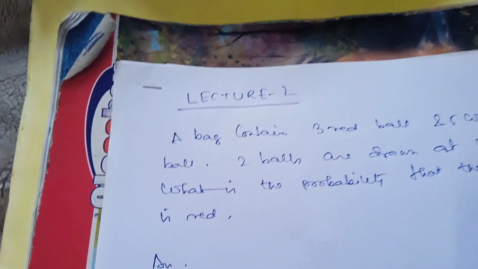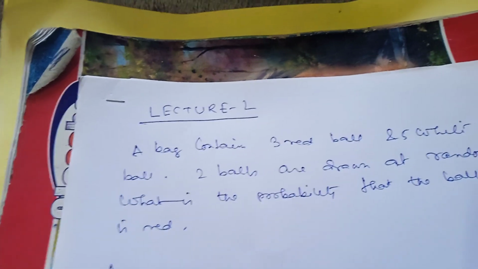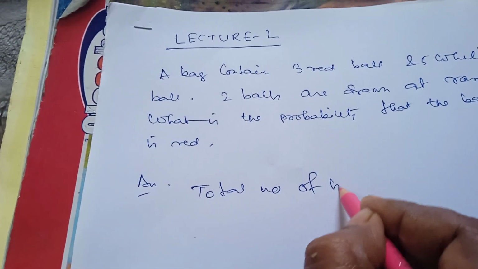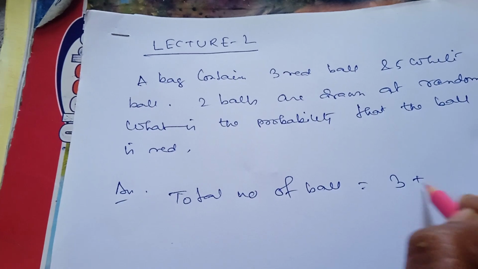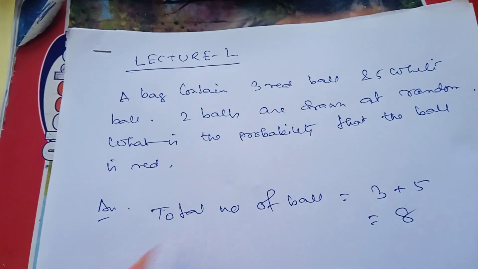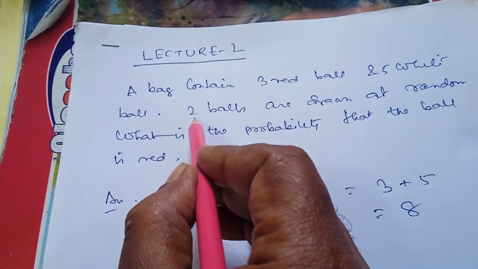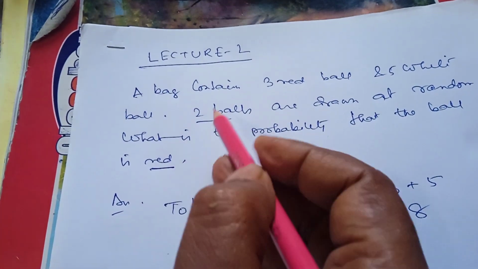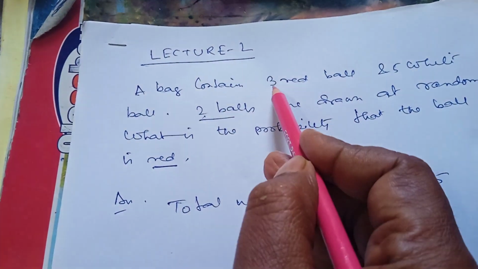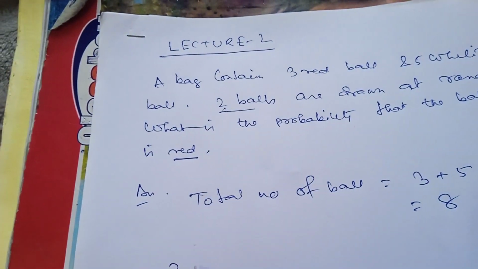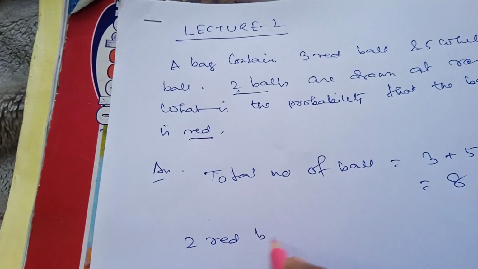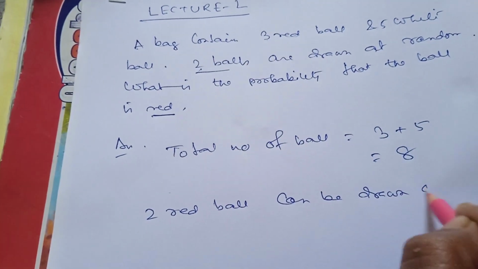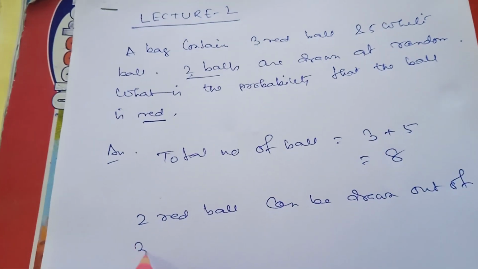How many balls are there? Three red balls and five white balls. So I can say total number of balls equals 3 plus 5 equals 8 balls. What do I want to do? I want to draw two balls which are red in nature. So those two balls will come out of the three red balls. So now I can tell two red balls can be drawn